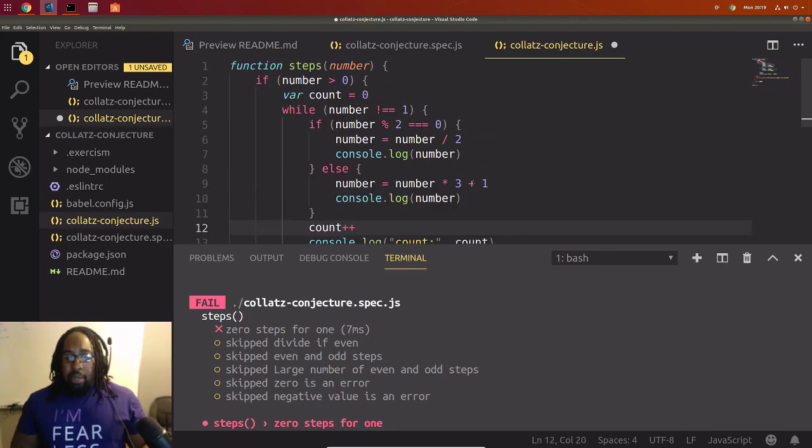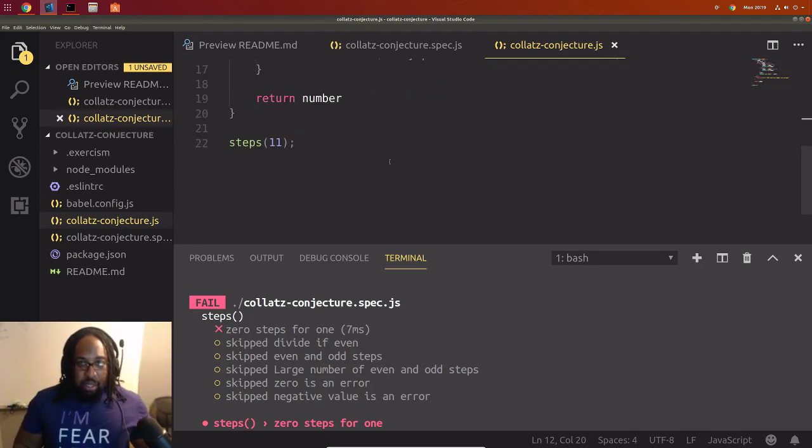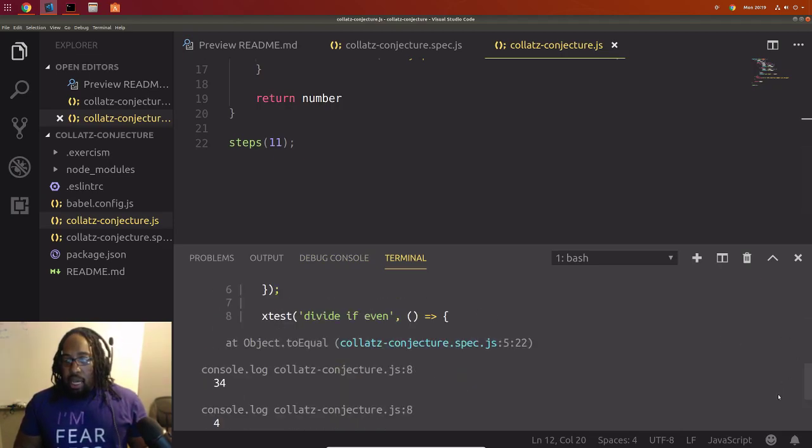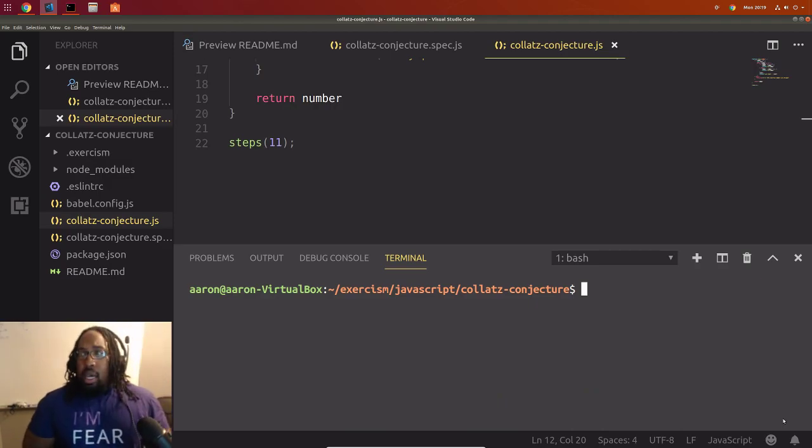So it'll print out our number, and it'll print out our count. So let's save this, and we'll leave 11 in there, and we'll actually run the file instead of running the test. And we'll clear this out, and we are going to run our command again.